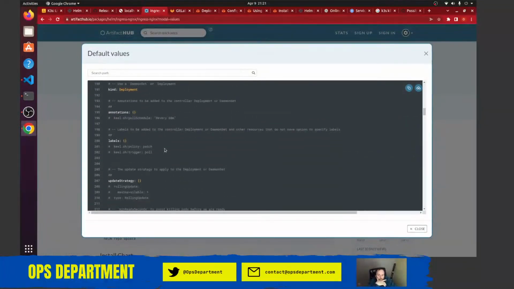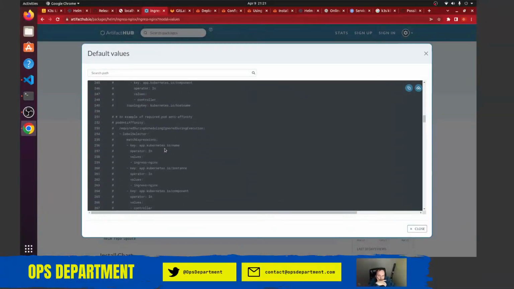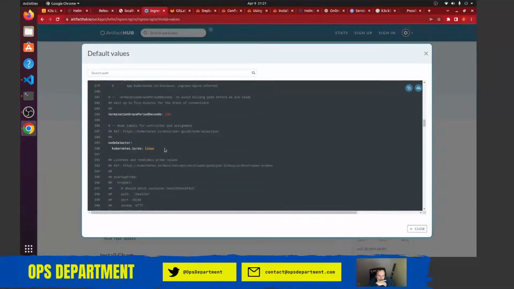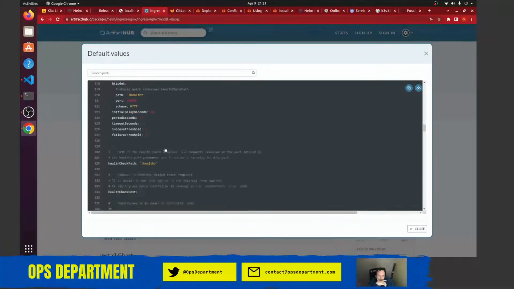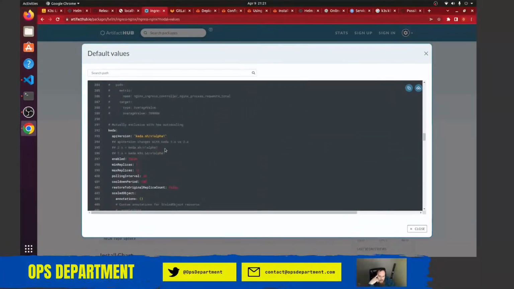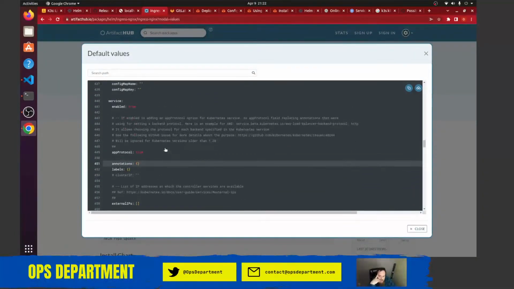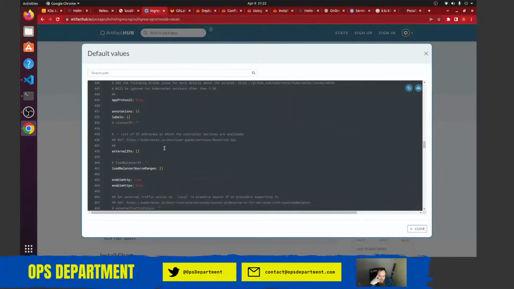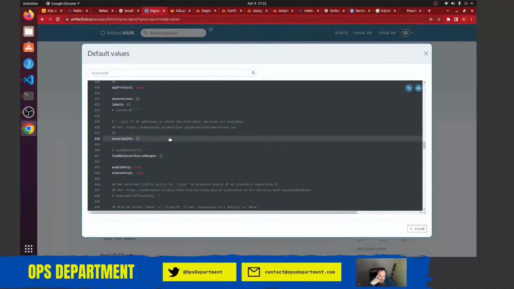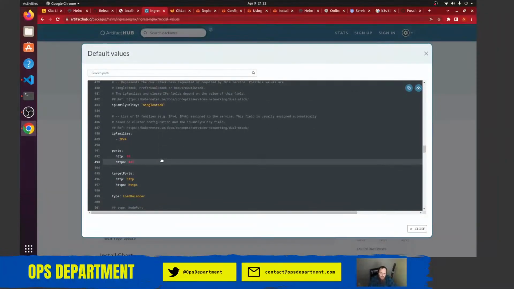Container port will not be the right one, is my guess. The reason for that is that it's going to change the port on the Nginx container. This is what we want. Enable HTTP, so somewhere in here. Yep, so